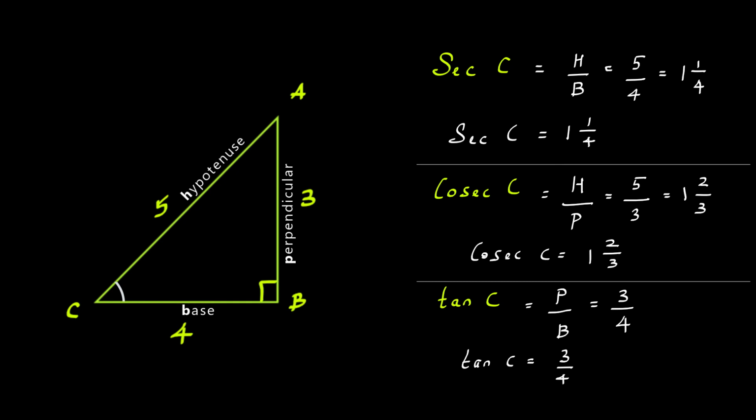The only thing that you need to remember and you need to be very careful is to figure out which is the base, perpendicular and hypotenuse. Always remember the side which has the acute angle and the 90-degree angle is considered to be the base, and the longest side, that is the side that is opposite to right angle, is your hypotenuse, and the side opposite to your acute angle is your perpendicular.